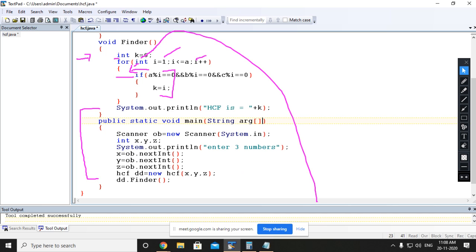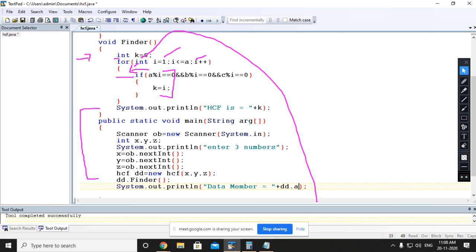So that data member we have declared as non-static, that means an instance variable. To access the instance variable in a static method, like here the public static void main is your static method, you need to access the data member with the help of an object.